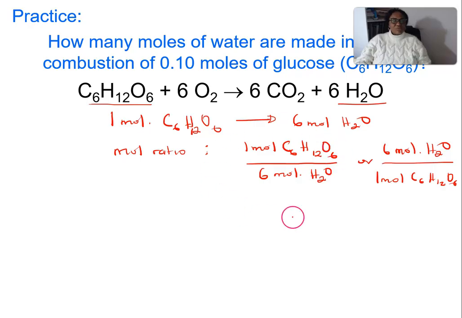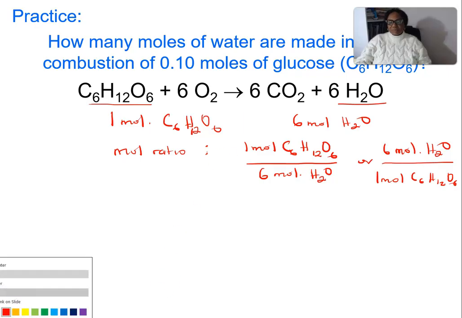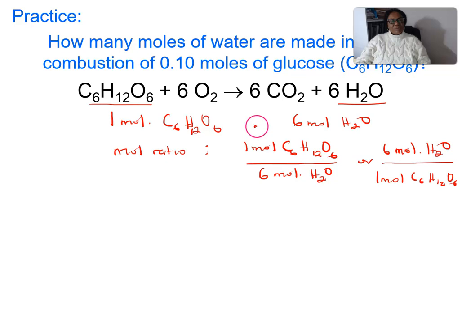So we have to use our mole ratio as a conversion factor. This is the mole ratio; we have come up with 2 conversion factors. If we want to find how many moles of water are produced in the combustion of 0.1 moles of glucose, we can just put